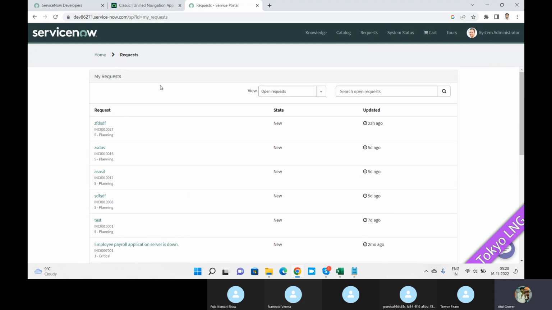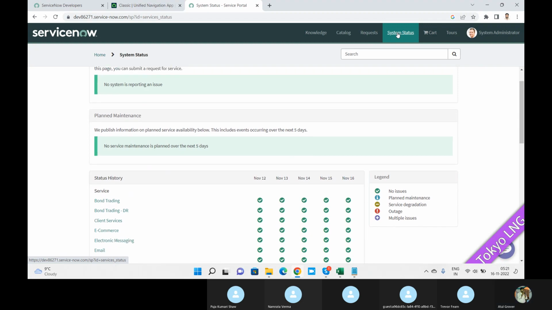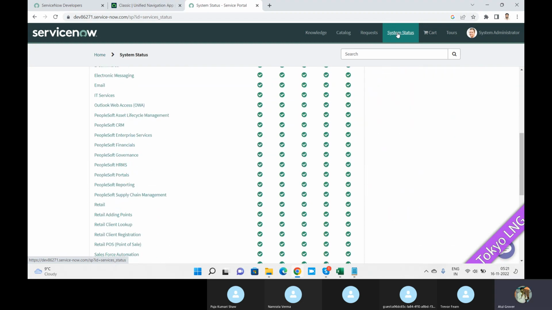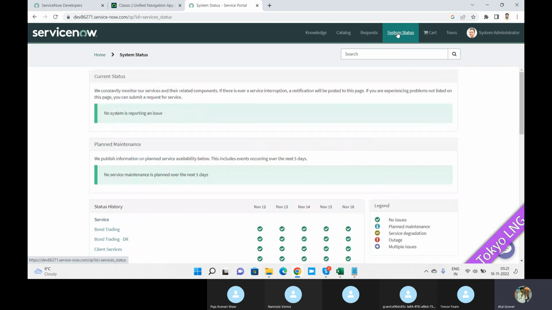Okay, because I log in as admin, so I can see the system status as well. Like this, if you want to see, you can check it. So as of now, my system is running 100% good because everything is in green. Okay. Now, if I go here on the request,